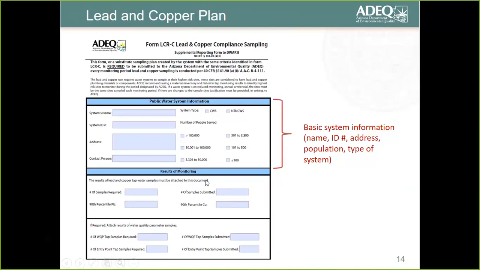The third section over here, you are not required to fill that part out unless you have exceeded an action level and are required to sample for water quality parameters. Then you would fill this section out. So that completes the first page of the plan. The second page